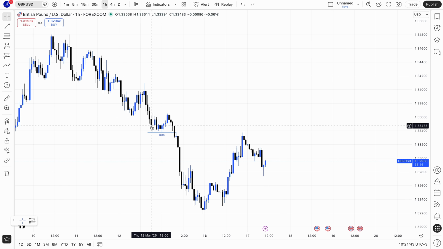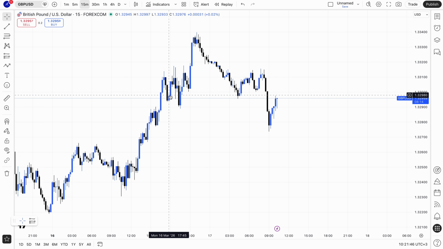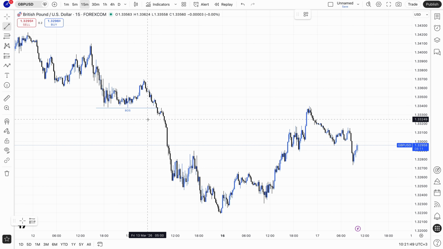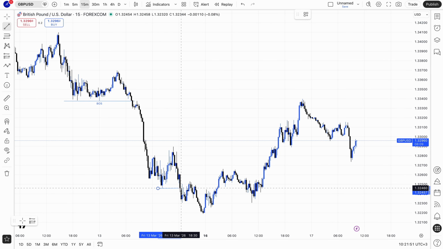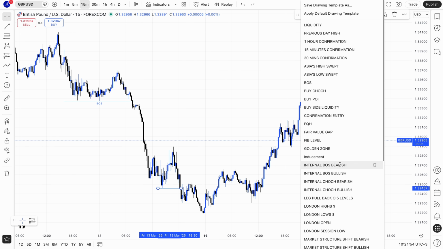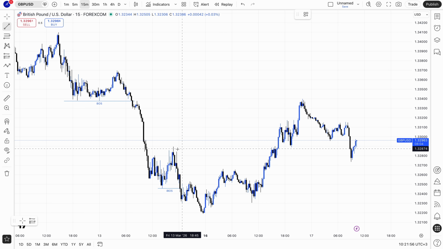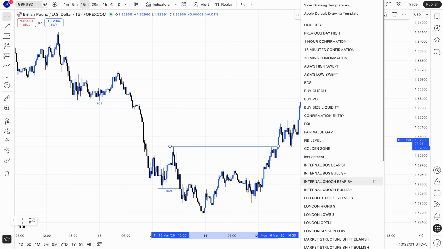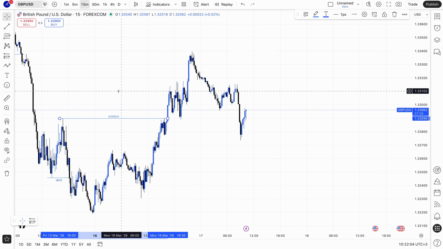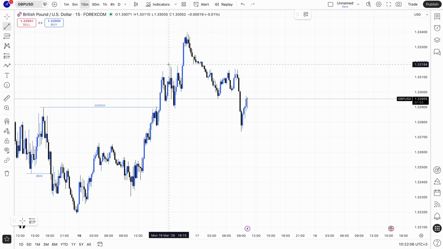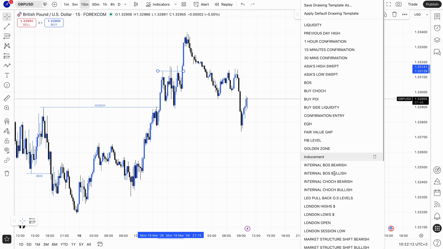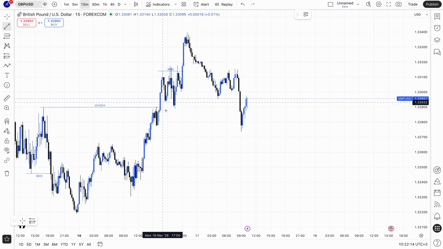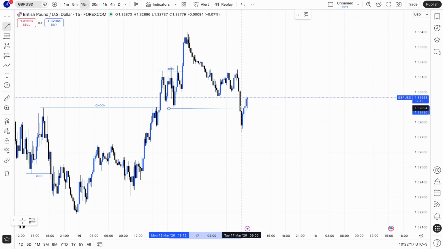Then we had to move to 15 minutes for our internal market structure. We had our break of structure to the downside continuation. Then we had a change of character, internal market structure to the upside. Then we had a continuation break of structure to the upside. And then we had a change of character to the downside. But before